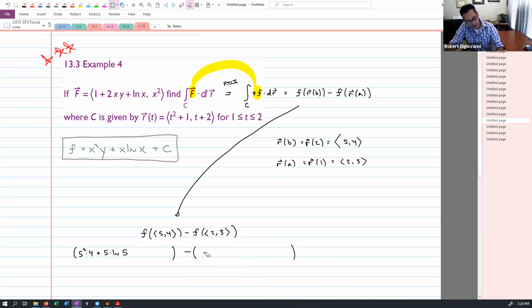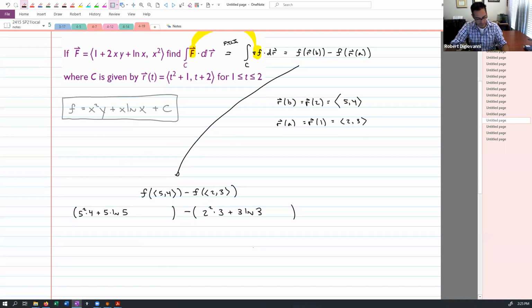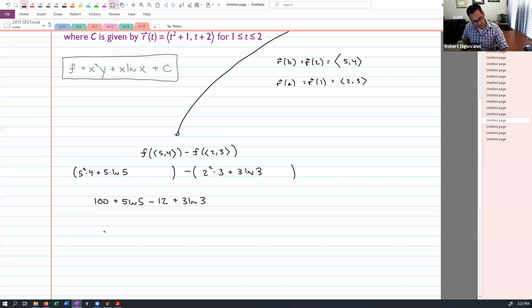So now I plug in 2, so we've got 2 squared times 3 plus 3 ln 3. And there you go, 25 times 4. It's 100 plus 5 ln 5 minus 4 times 3, 12, plus 3 ln 3. So that's going to be 88 plus natural log of